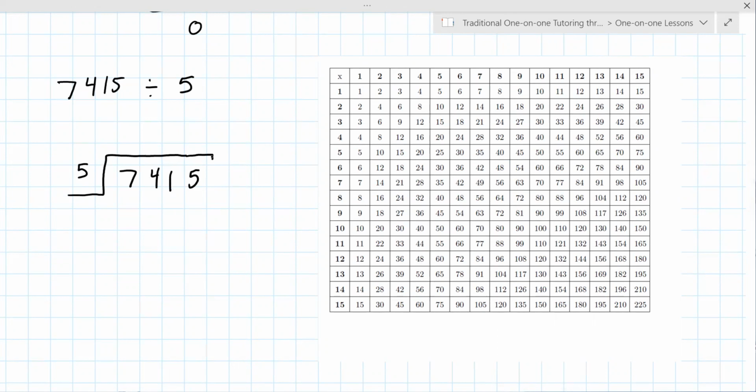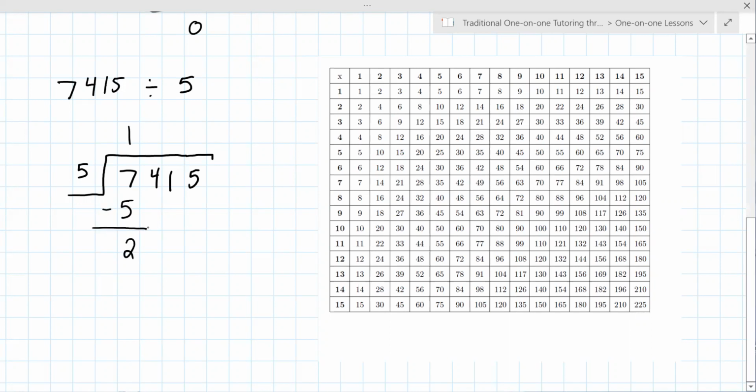We do first, how many times does 5 go into 7? Yes, and that does go in, because 7 is larger than 5. Exactly, it's 1. Perfect. And we put it on top. That's right. And then we multiply 5 times 1, put the 5 and subtract it, which is